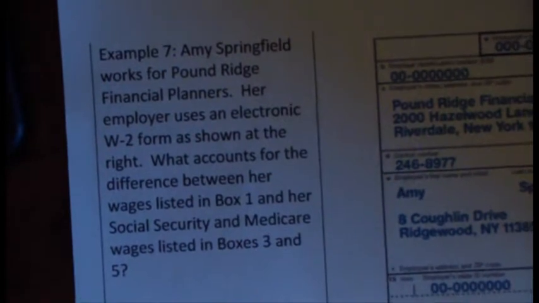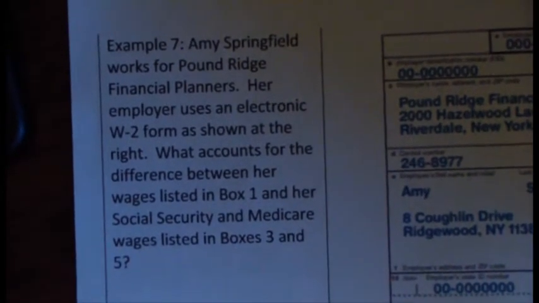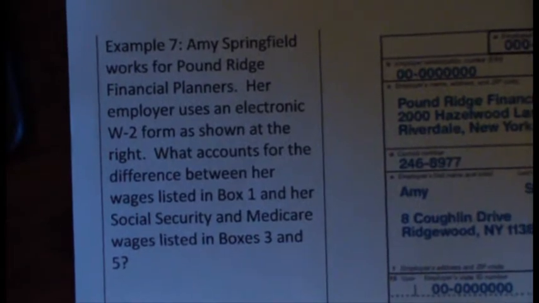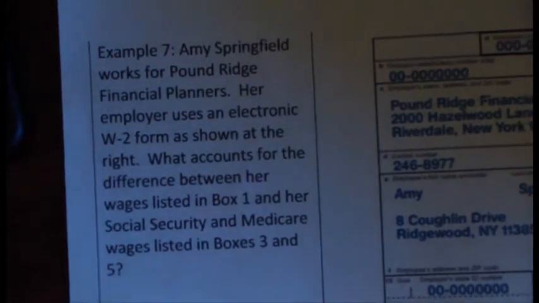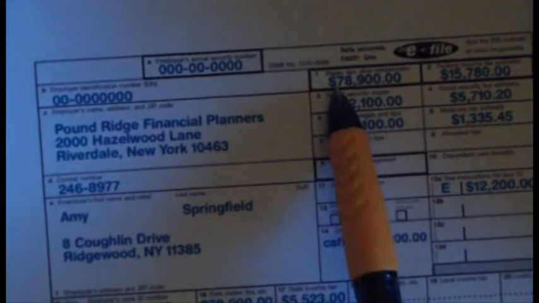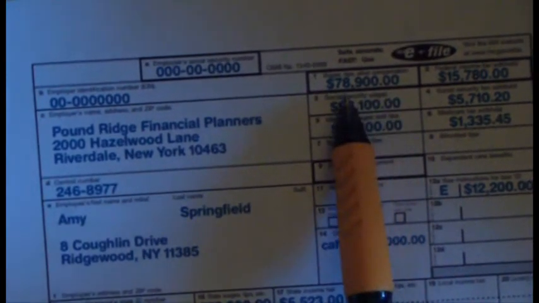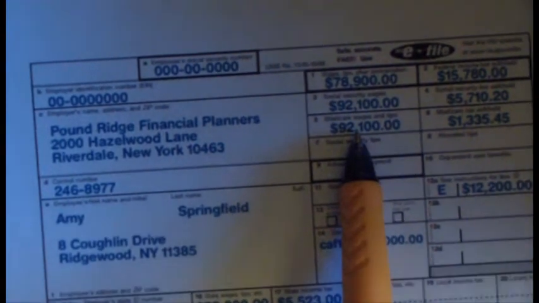Example 7. Amy Springfield works for Pound Ridge Financial Planners. Her employer uses an electronic W-2 form as shown at the right. What accounts for the difference between her wages listed in box 1 and her Social Security and Medicare wages listed in boxes 3 and 5? So you will notice over here, her take home was $78,900, but then her Social Security wages and her Medicare wages,